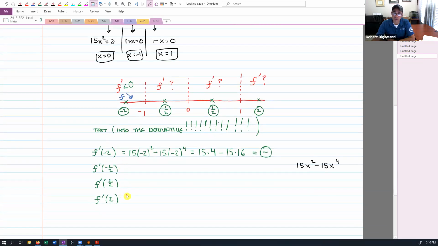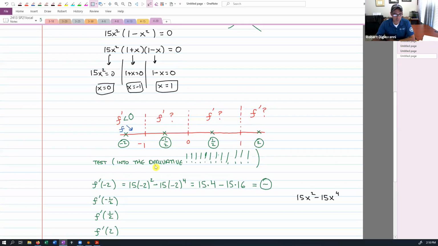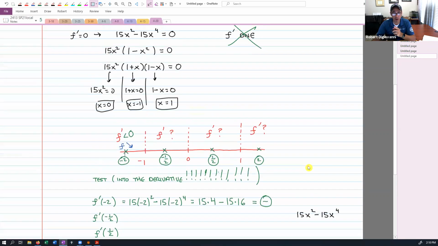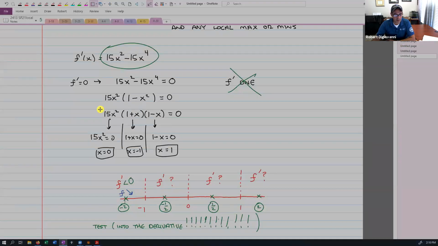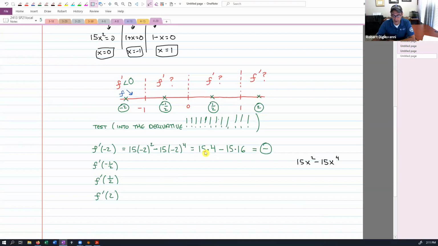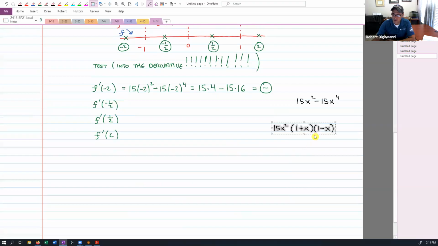We've got to plug in these now, right? Now you could just plug it in here, couldn't you? Yes? It's a pain, but you could. There's a little bit of a shorter way though. Look at this right here. I'm going to grab this version of the derivative. Let's see if you can follow me on this. This is the faster, more clever way of doing this. This is my derivative just factored.